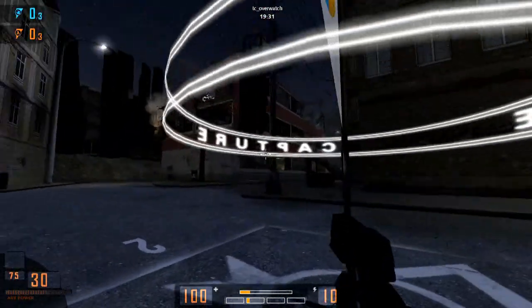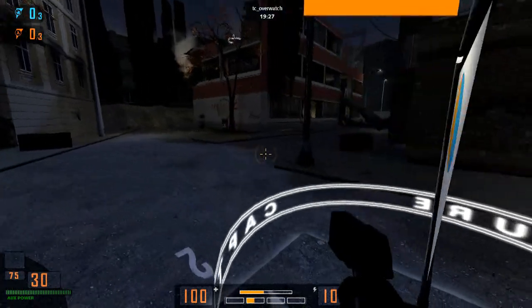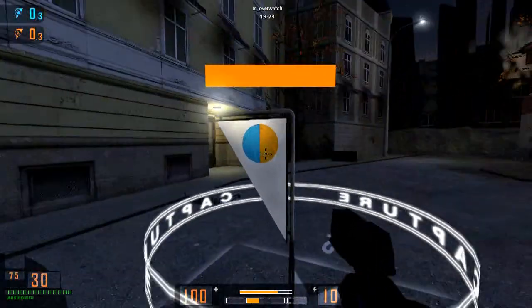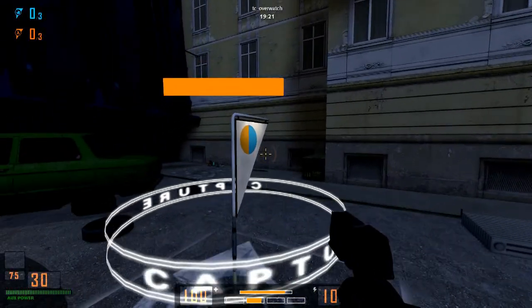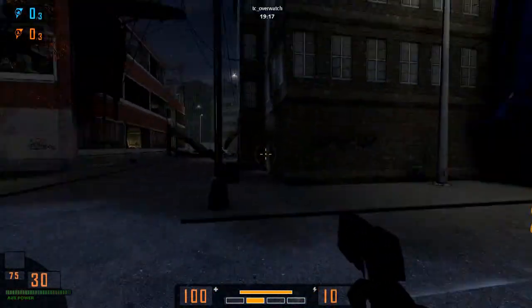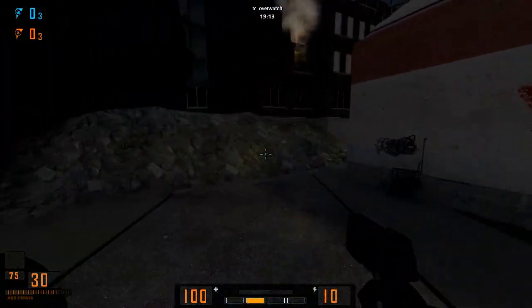It's white, and the longer you sit at it, the progress bar, as you can see on the bottom center of your screen and above the flag, progresses until you capture that territory, and you have to defend it until you can capture it. The more players you have sitting on a point, the faster it will capture,